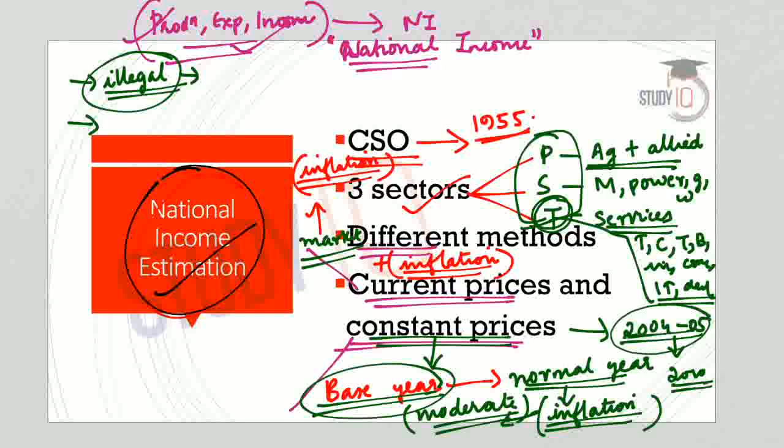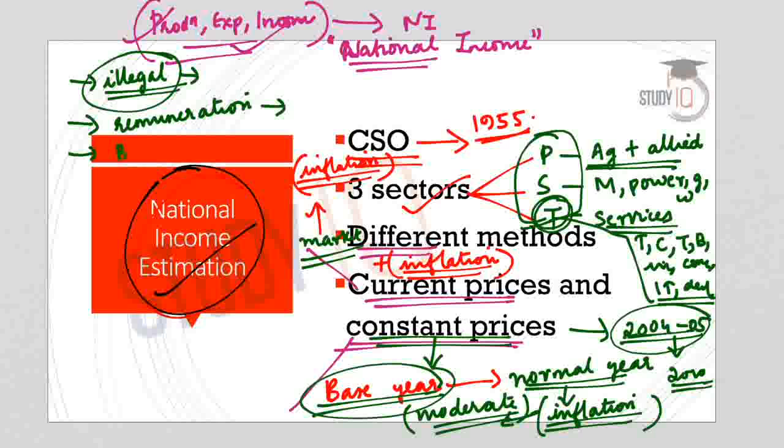Now, income from work done without remuneration. If any kind of work is done without any remuneration, that is also not included in the national income. An example is the domestic work done by housewives or mothers who take care of or nurse the baby. Even though it is work or labor, income is not generated or remuneration is not provided. So such activities are also not included in the national income.